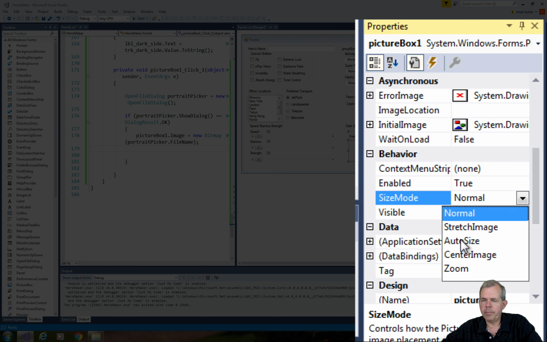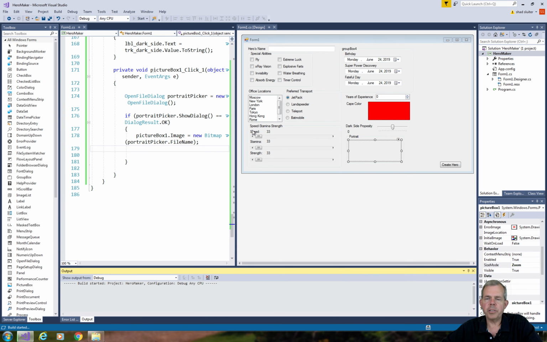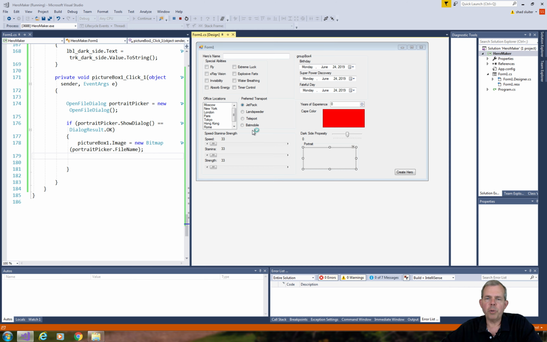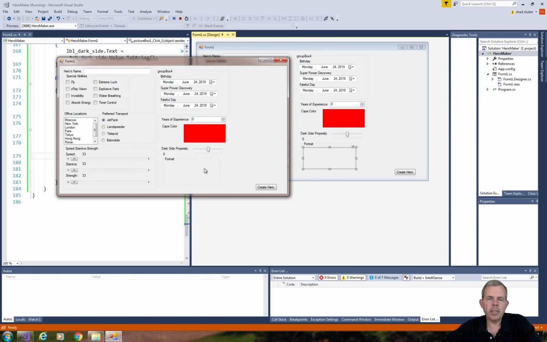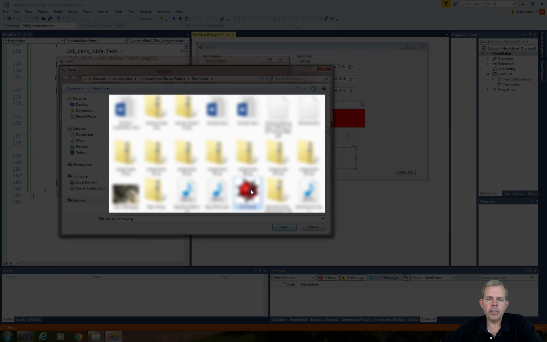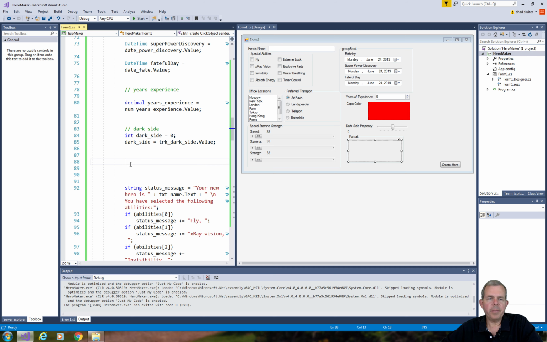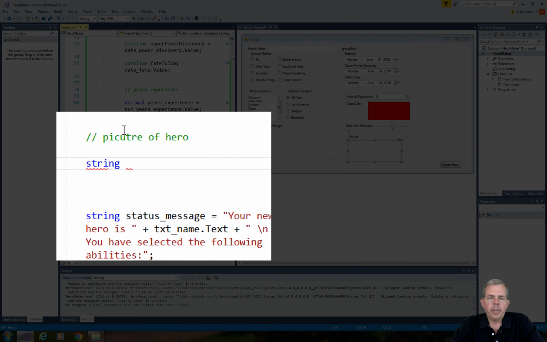Auto size seems to be not what I wanted. Centering, I don't want just the center. Zoom is the behavior that most people expect, I believe, from a picture. So it's just going to show a small thumbnail. Let's pick the picture again and scroll down until we find a picture that we want and choose OK, and there it is. Let's come back into the variables now and add a picture of the hero,